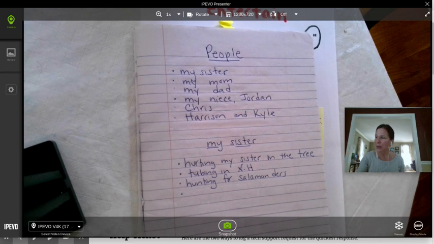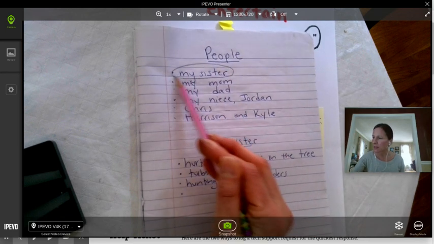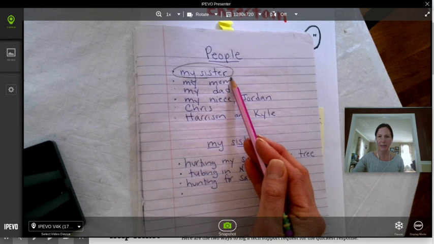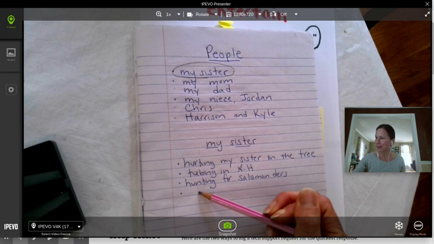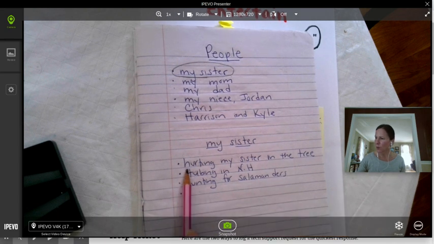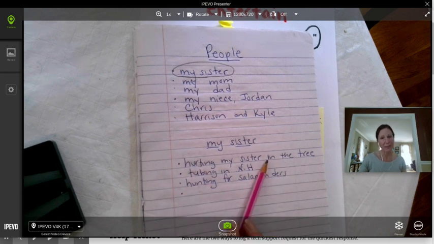Step two is to then pick one of those people. So I chose to pick my sister because I haven't been able to see her lately. And then I thought about a couple of times when I had a moment with my sister. The first one is not a great memory, but it's when I hurt my sister on a tree. I was thinking, oh, I remember that pretty vividly. That's a memory that's really clear in my mind